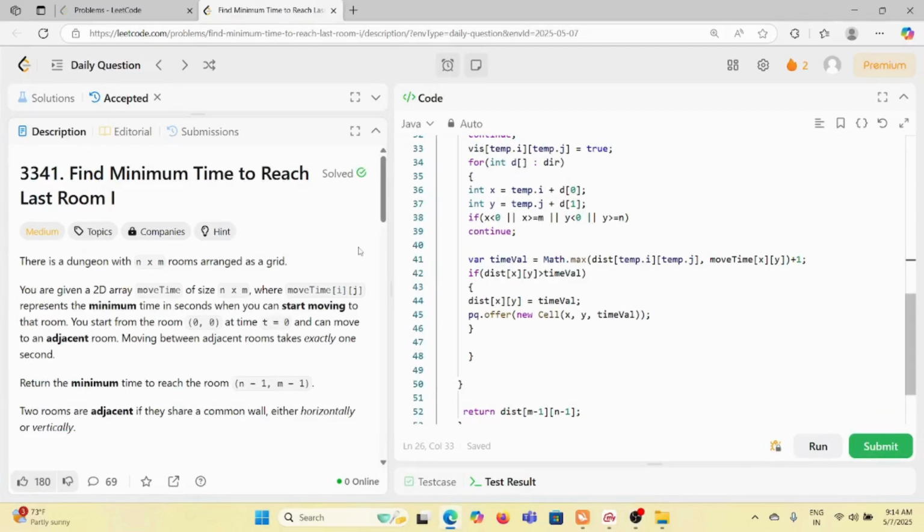Everyone. So today we are solving this problem, Find Minimum Time to Reach Last Room 1. There is a dungeon with n cross m rooms arranged as a grid. A dungeon is nothing but a kind of a prison inside some cave kind of thing. You can consider just a 2D array of the rooms, and you are given a 2D array named